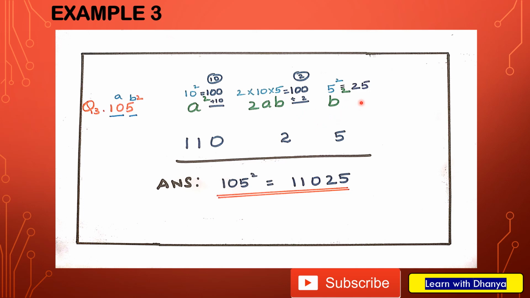Similarly, we always take the carry to the next place. So 25 is taken as 5 here and 2 is taken as the carry. And I'm adding 100 plus the carry 2. So 100 plus 2 we'll get 102. So I'm writing 2 here and the next two digits, that is 10, is taken here. And finally adding the carry 10 to 100, that is to a square, we get 110. So the answer for this question is 11025.